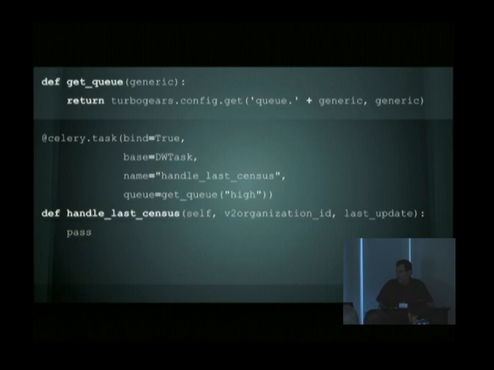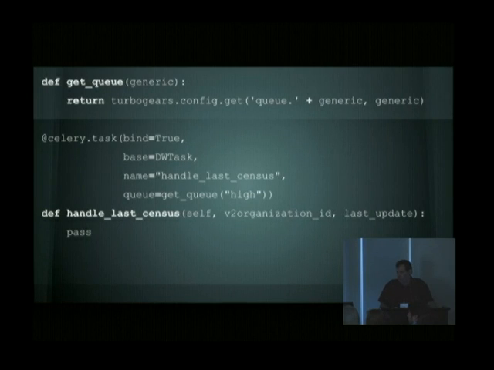Our stuff is in TurboGears. Yes, it's that old. It's actually TurboGears 1.0. So we wrote a function that gets the queue, goes to our configuration system in TurboGears, looks up the name that you pass it in,